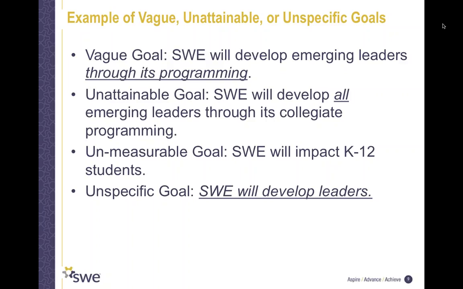There's no way to measure the impact SWE will have on K through 12 students unless it's tied to a specific program, intervention, or educational strategy. And citing that SWE will develop leaders is simply too broad and all-encompassing to narrow it down to a specific, achievable goal that SWE can work towards and measure.